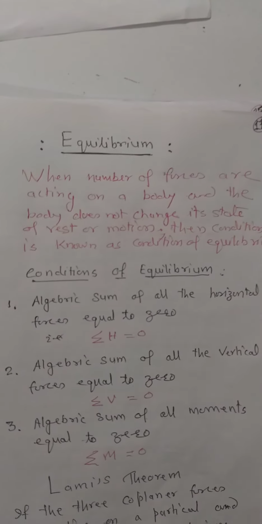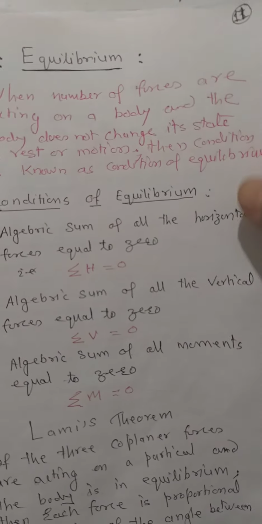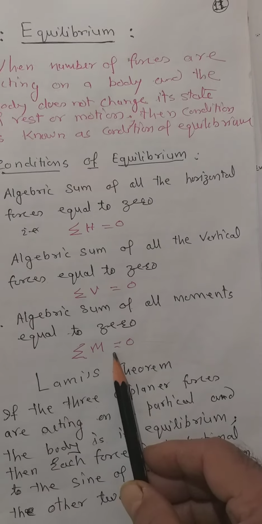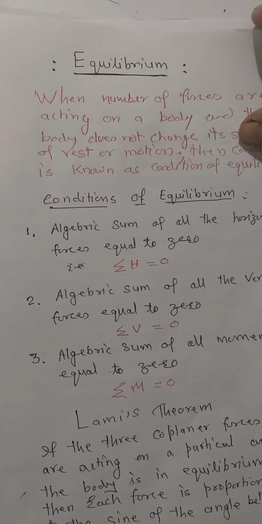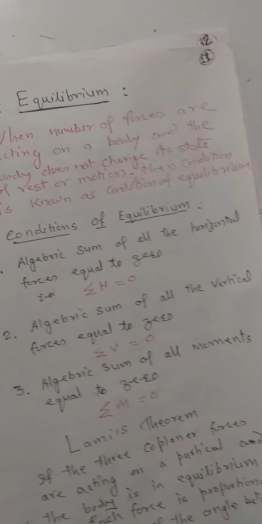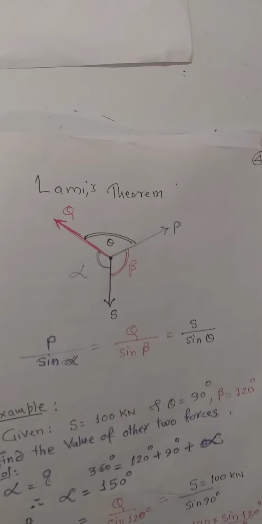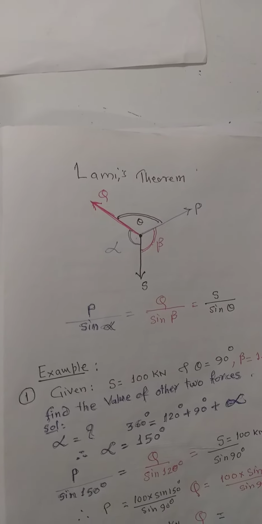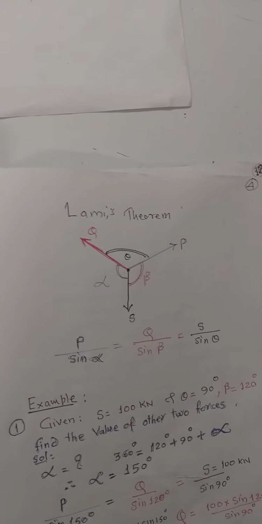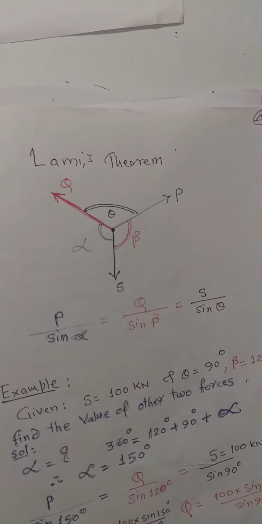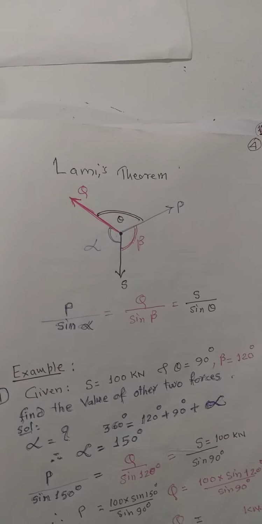And that is the most important condition for the equilibrium, that is sigma H is equal to 0, sigma V is equal to 0, and lastly sigma M is equal to 0. So we are just talking about the three conditions of equilibrium, that is sigma H is equal to 0, sigma V is equal to 0, and sigma M is equal to 0. When we are talking about equilibrium, the first theorem that comes into the picture is what we call